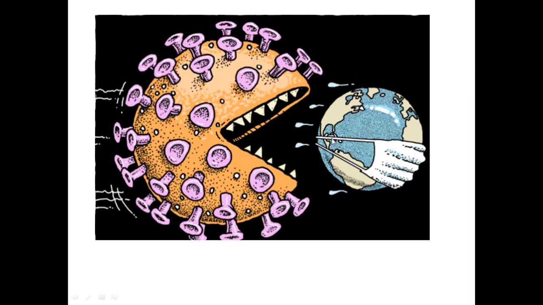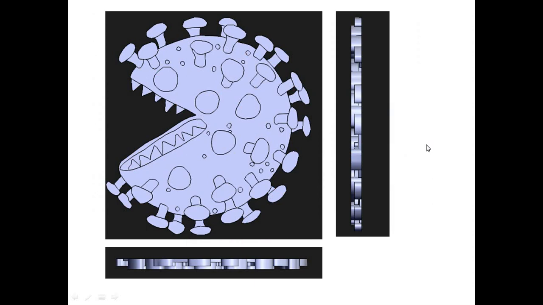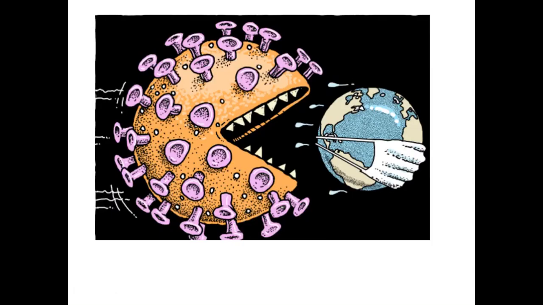Let us see the next slide. These are the three views of this coronavirus model shown in the previous slide. You can see the front view, top view, and side view. After looking at the side view and front view, you can say the part has the same, uniform thickness. That is not 3D, but in the picture it looks like 3D. This is the beauty of 2.5D models.